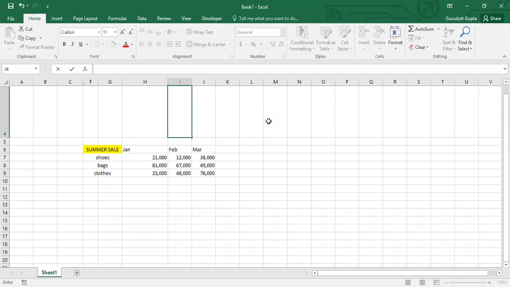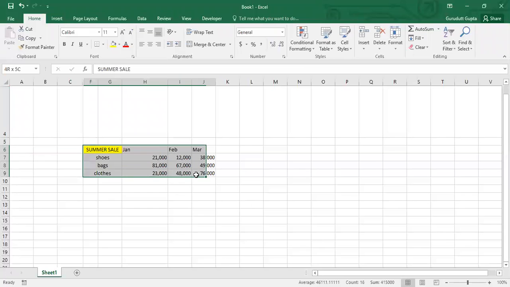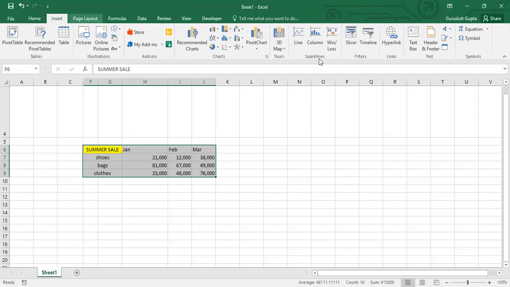Today I will be teaching you how to apply column sparklines in Excel. So here I have a data sheet which is summer sale, shoes, bags, and some other data products. Now, if you want to apply the sparkline, we need to select the data first. Now go on the insert page,